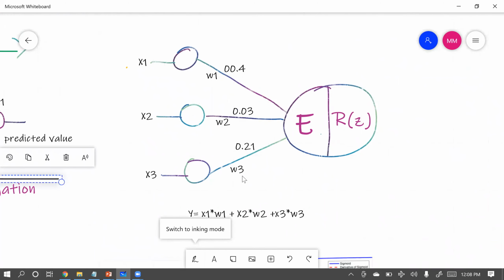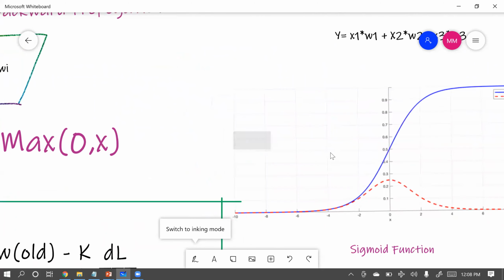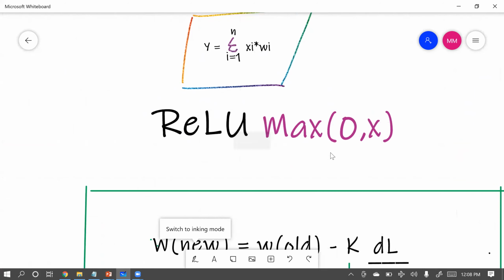Okay, now let's come to the other neural network. This is a neural network without hidden layers. We are just accumulating the summation of inputs and weights and giving it to our ReLU activation function. We'll see what the ReLU activation function is. As I told before, the ReLU activation function gives the maximum of the value which you give. If our value is 0, it will give you 0. If your value is greater than 1, it will give you 1.